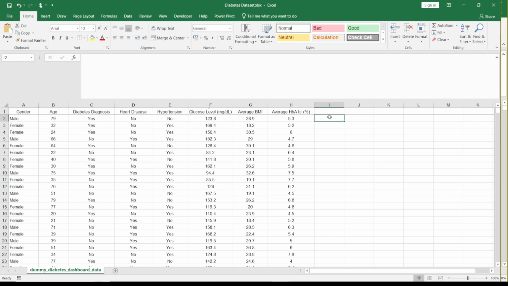So I'm going to do this with the F, G, and H columns, using relative referencing. Just say is equal to,